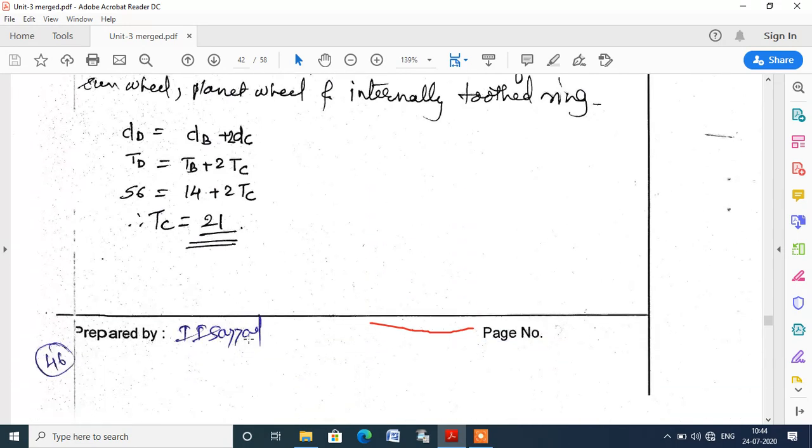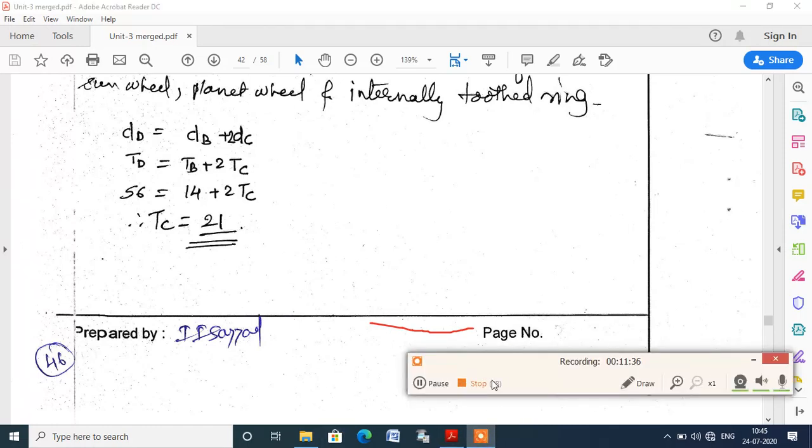So in this way you have to solve it. Okay, is it or not? Okay, it's very easy if you go step by step. Very easy, and you will definitely get the answer, and you will enjoy solving the problems. Okay. So next problem we will see in the next class.